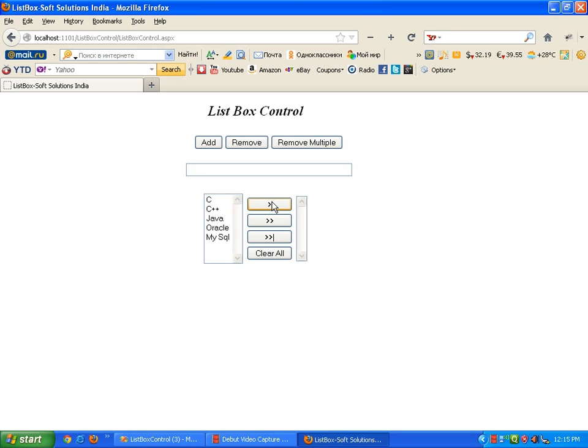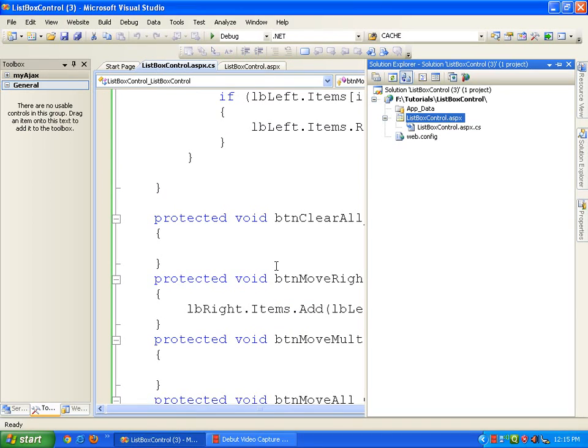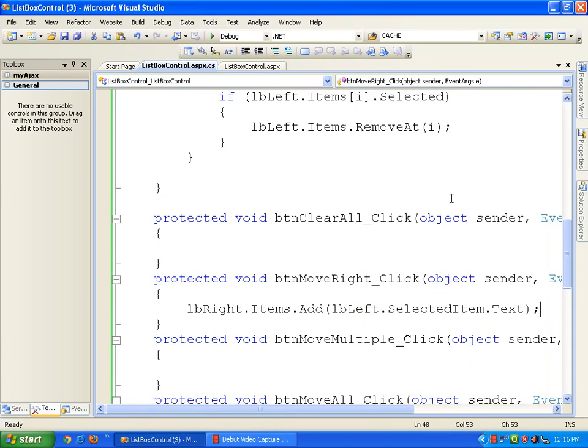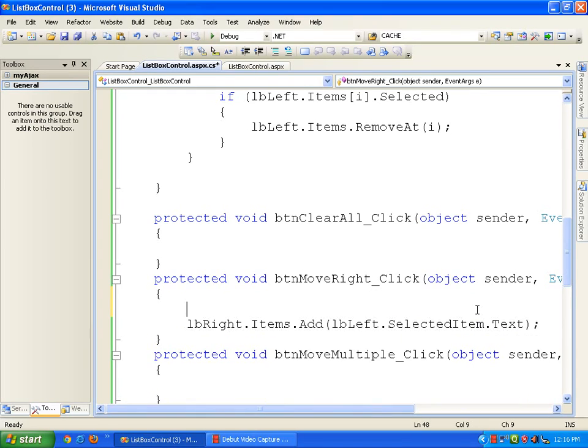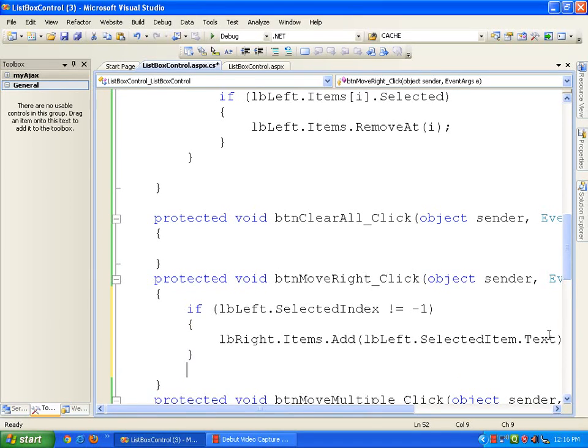Now when I click on this button without selecting an item from list box left, you can see an error will appear, because we haven't selected an item from list box left and we are moving it to list box right. So we have to apply the condition if lbLeft.SelectedIndex not equal to -1. Now selected index will be -1 if no item is selected.